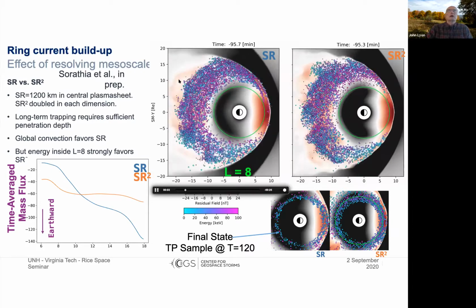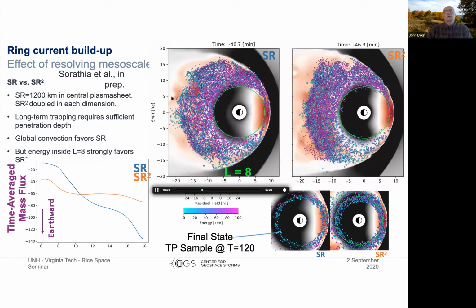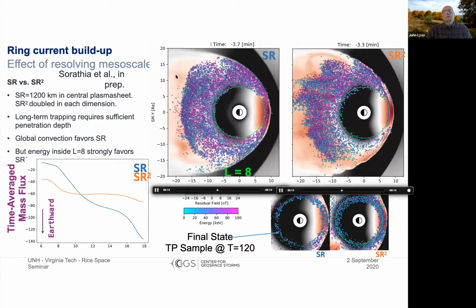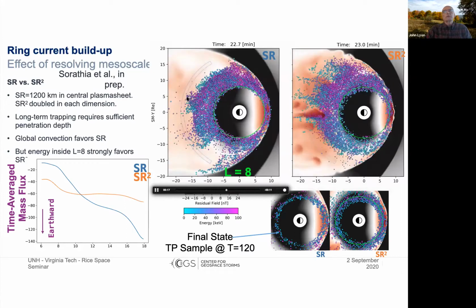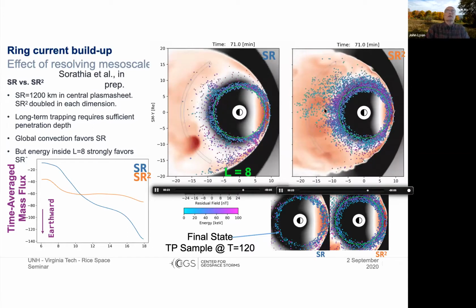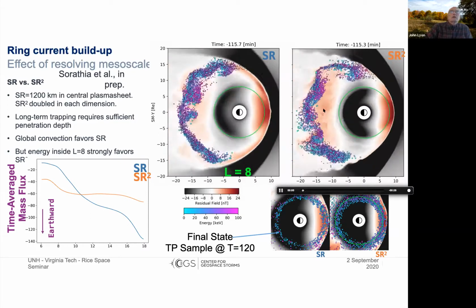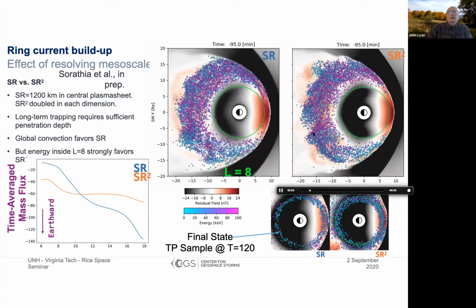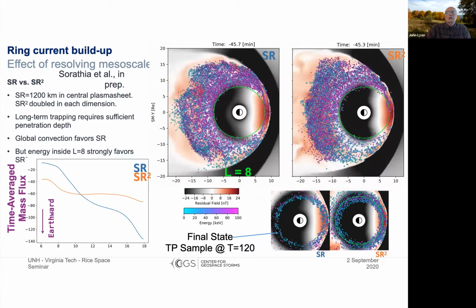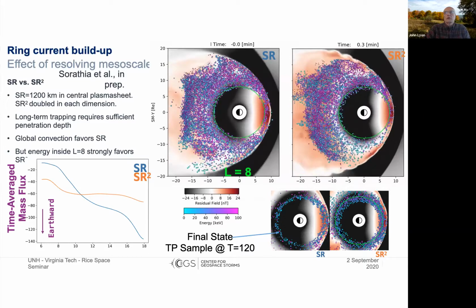On one side, you have a relatively low resolution plot. You can see from the outside here that these blobs or BDFs are relatively broad on this side and narrower on this side. And it leads to a rather large difference in the final state. In the lower resolution case, stuff is basically outside of geosynchronous, whereas